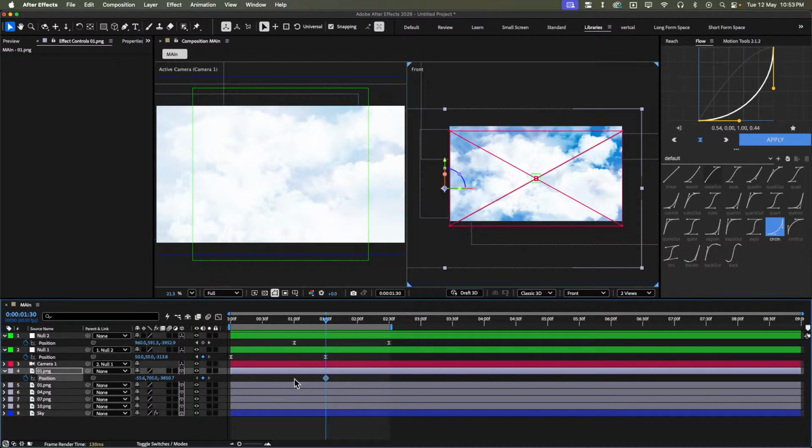Camera 3. That is our image. On the side, it moves back, side, and there we are. One, two, three. Opacity keyframes and